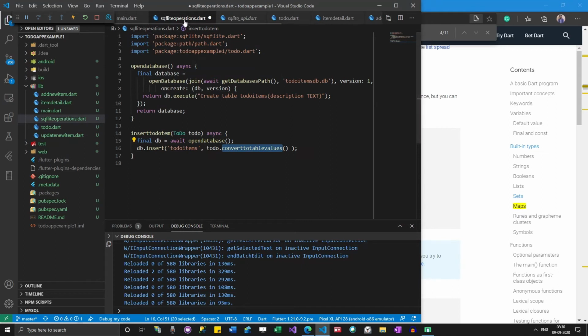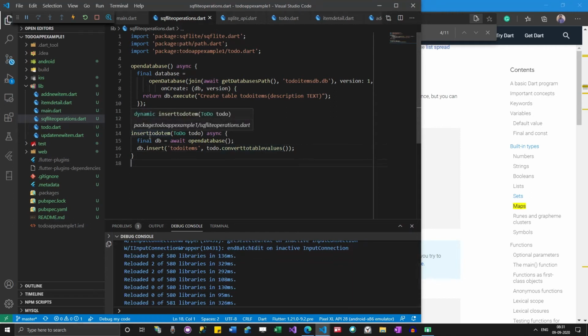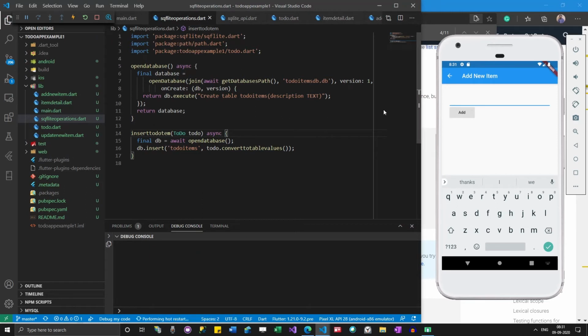Okay, so if you go here now, this issue is resolved. Whenever you try to insert an item, this will be called. Okay, so let's go to the app now, and just click a button over here. So I want to play football. Okay, and then click on add item. Something happened now, but we haven't added any functionality, but no errors, which is very good.